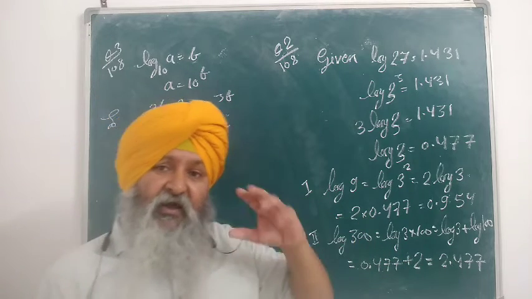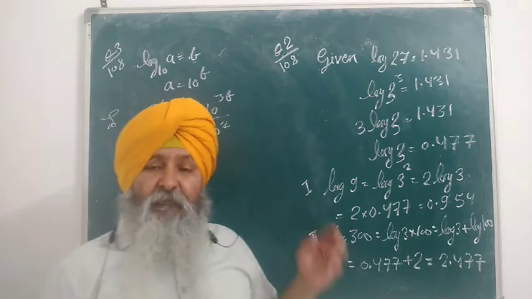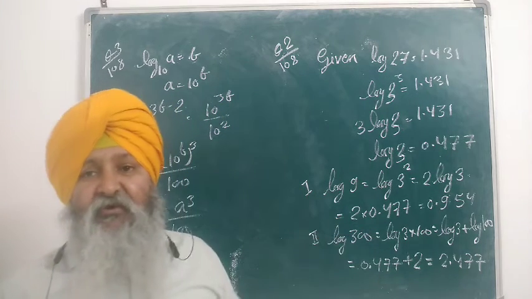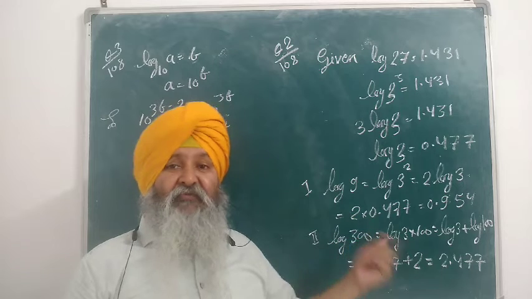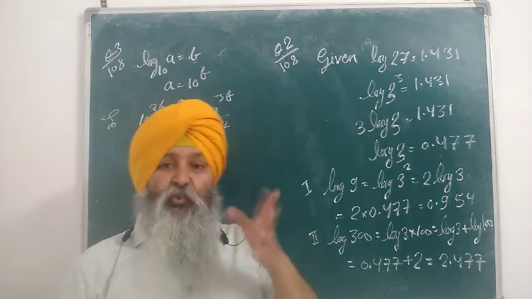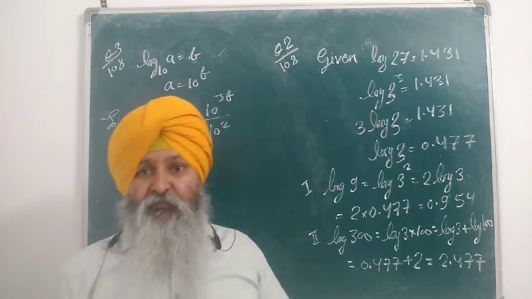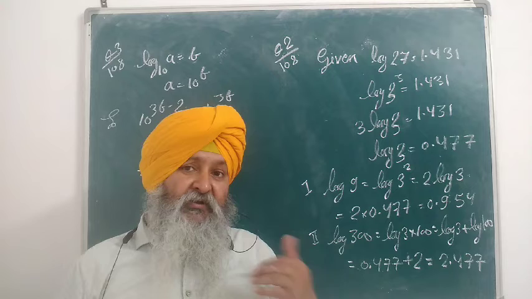Means we are able to break it into the same number. But 300 can't be broken into the same number. I am going to go for the prime factorization. It will give 3, 2 and 5. 3 I know, but 2 and 5 I don't know in this question. So naturally we have to go for the next option.